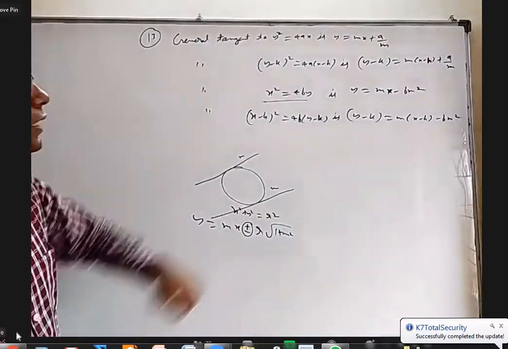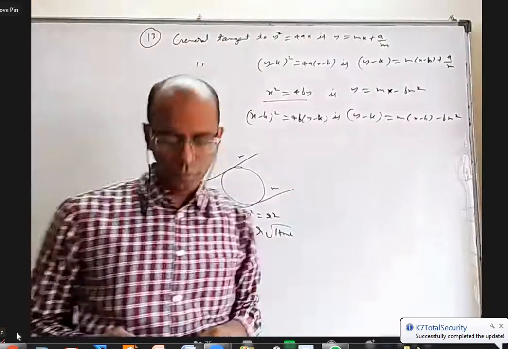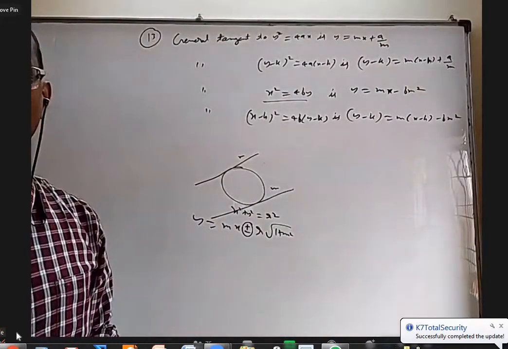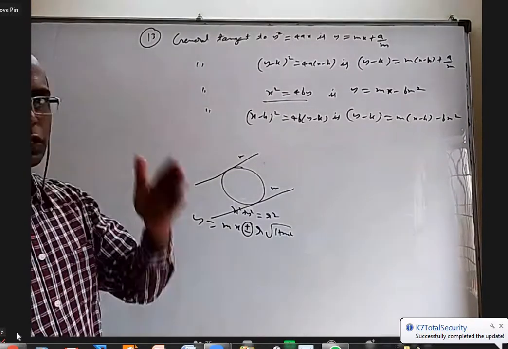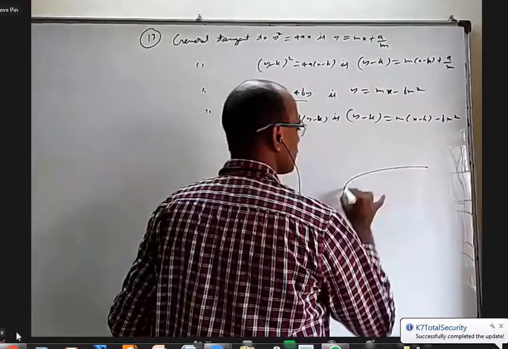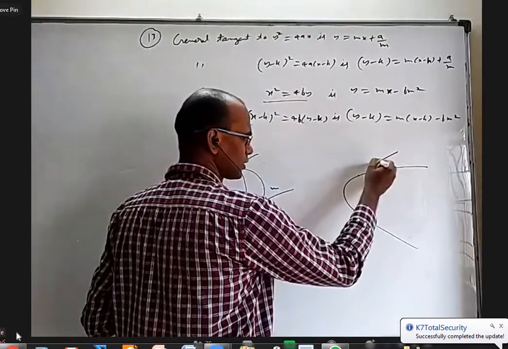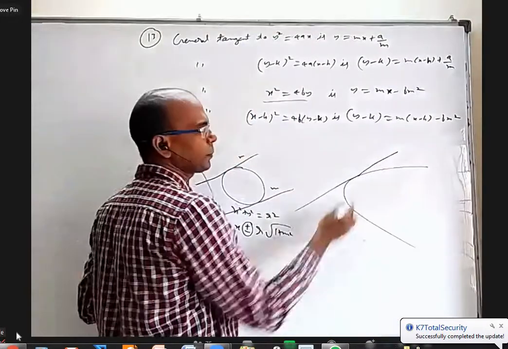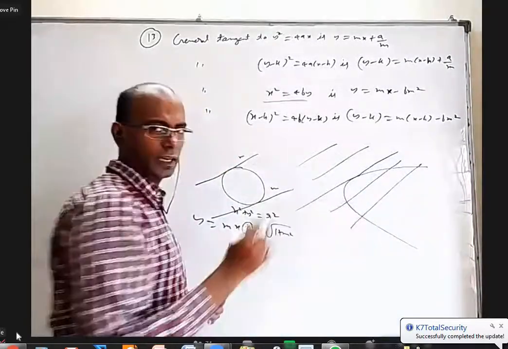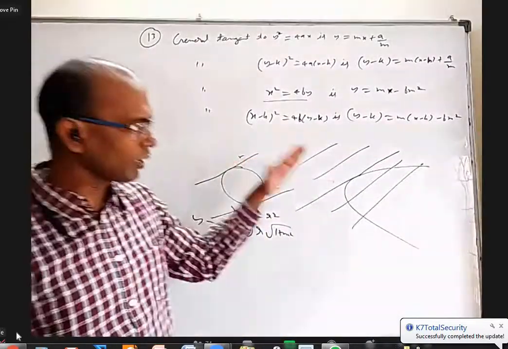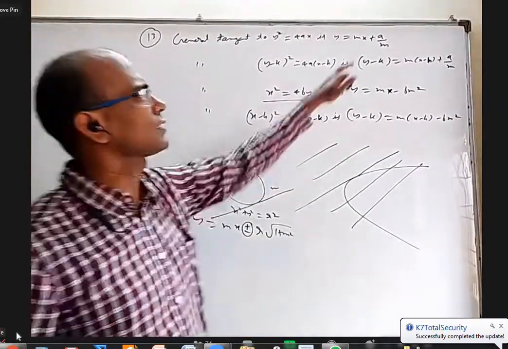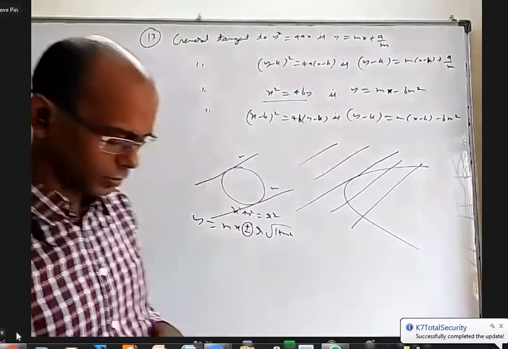But here we did not get plus or minus. What does it mean? It means there is no parallel tangent. For a particular slope, there is only one tangent. Parallel to that, nothing can be a tangent. If you take a parabola and a tangent here, anything parallel to that will either intersect or be completely outside, but it cannot be a tangent. If one line is tangent, you cannot find any other parallel tangent. That is the reason we did not get this.